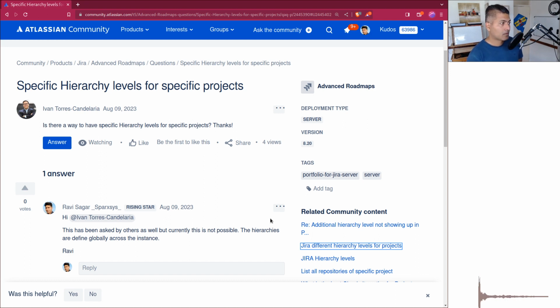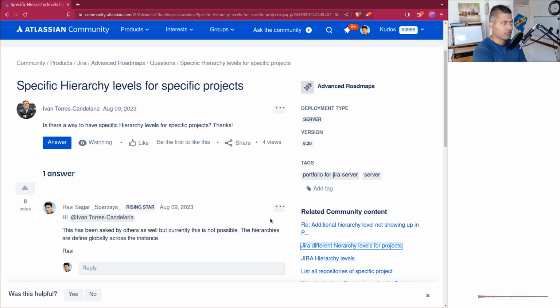Now, if you're a project manager, scrum master, or a developer, most likely you will only focus on epics and stories. But if you're a program manager, you definitely want to know what is happening for your initiative. You don't really care about how the teams are delivering it. You just want the outcome, right? But when it comes to creating these hierarchies, you have to keep in mind that these hierarchies are global. So when you are thinking of using Advanced Roadmaps